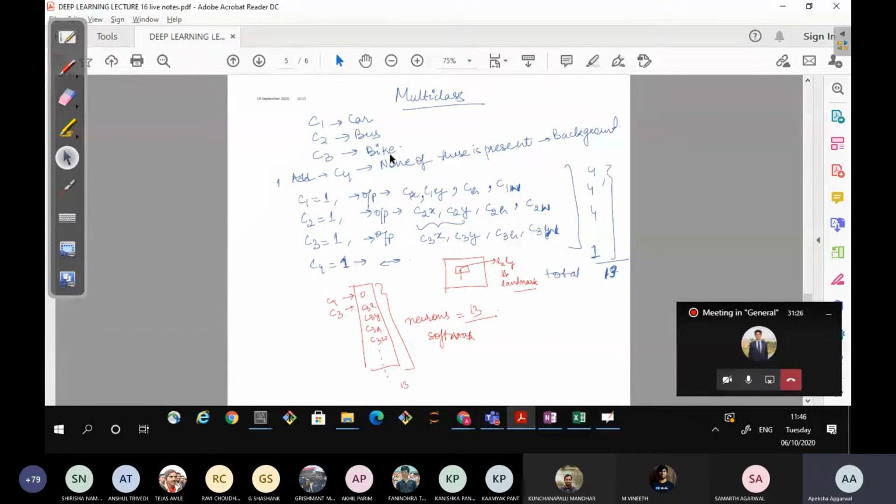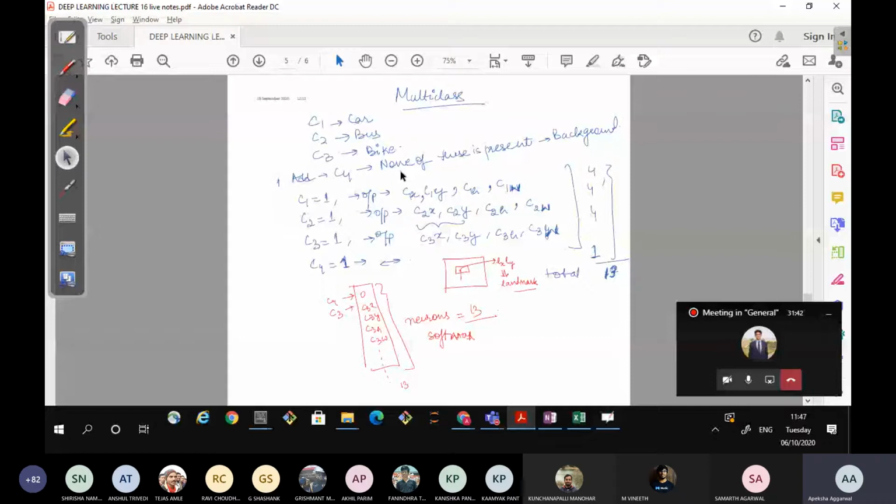So for this multi-class classification, at that time we had added C4, another class which is a background class, which means neither of these classes is present in the image, or in the portion that we want to apply classification to. So we had four classes, and C1, C2, C3, C4 variables are for whether that class is present or not.